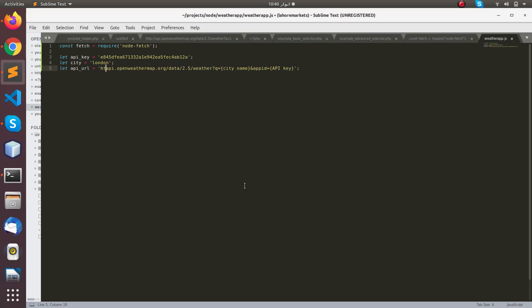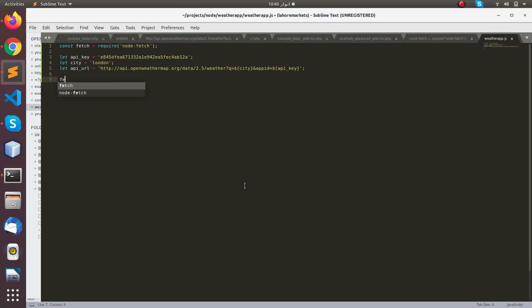Just add HTTP. Okay, so here we can concat our city variable and the API key variable. Okay,